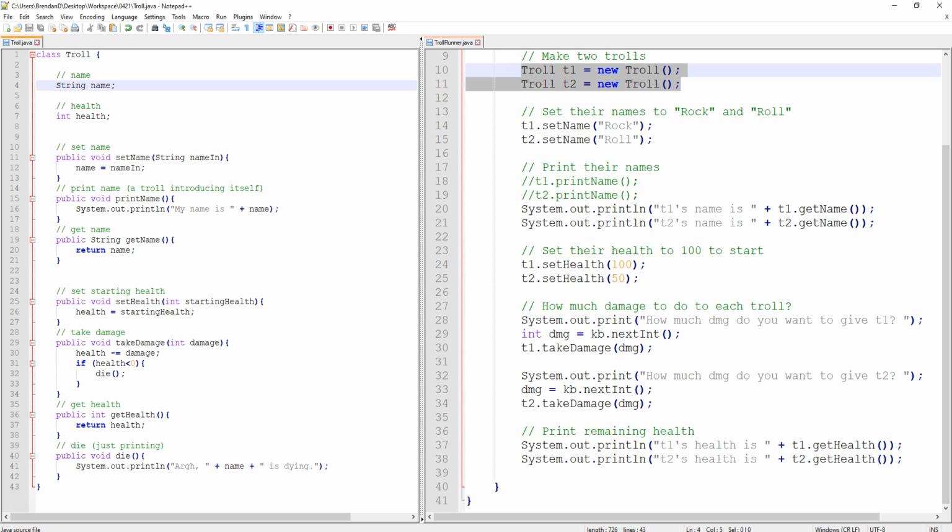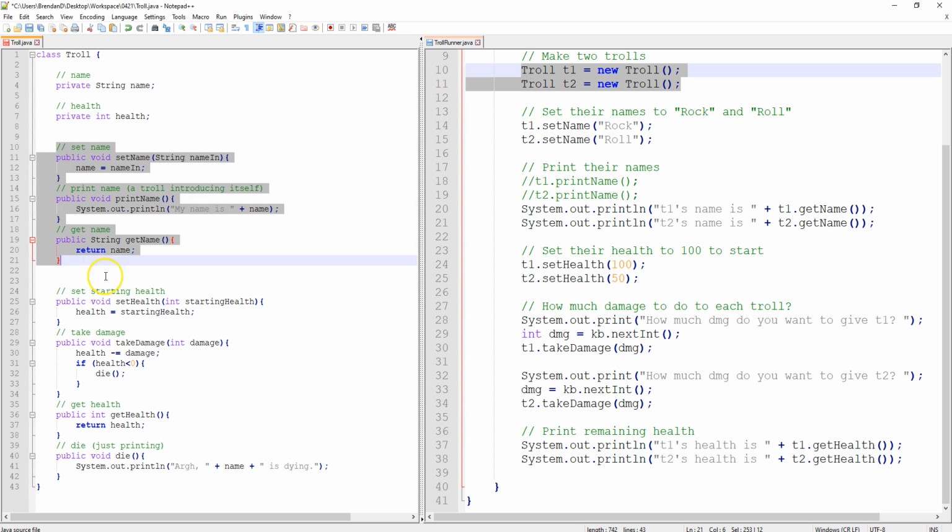So really what we should do is we should go, I want this variable to be private and this variable to be private, so no one has direct access to hack this little game. No one can just go in and go, my troll's got 1,000,000 health, right? So we use encapsulation to protect our data points, and then we only give specific access to that, right? Let's go down here, right? So we're setting the name. We gave access to directly set the name. We can check the name either by printing it or by just getting it back ourselves, which I liked because